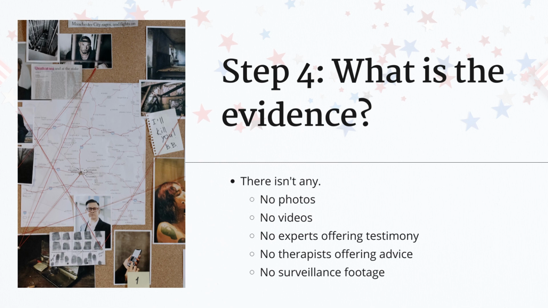When researching the story about a school in Pennsylvania, one commenter claimed her child had a photo of it on her Snapchat, but refused to post the photo because it involved a minor. That's a laudable response, but if that photo existed, why wasn't it presented to school authorities in person? The same school even checked their surveillance cameras. They interviewed students who had posted the story online, and all denied the story was true. You'd also think that if this were a growing issue, schools would be consulting with therapists or other experts to comment on it or testify about what parents should know and if there's any risk to their child.